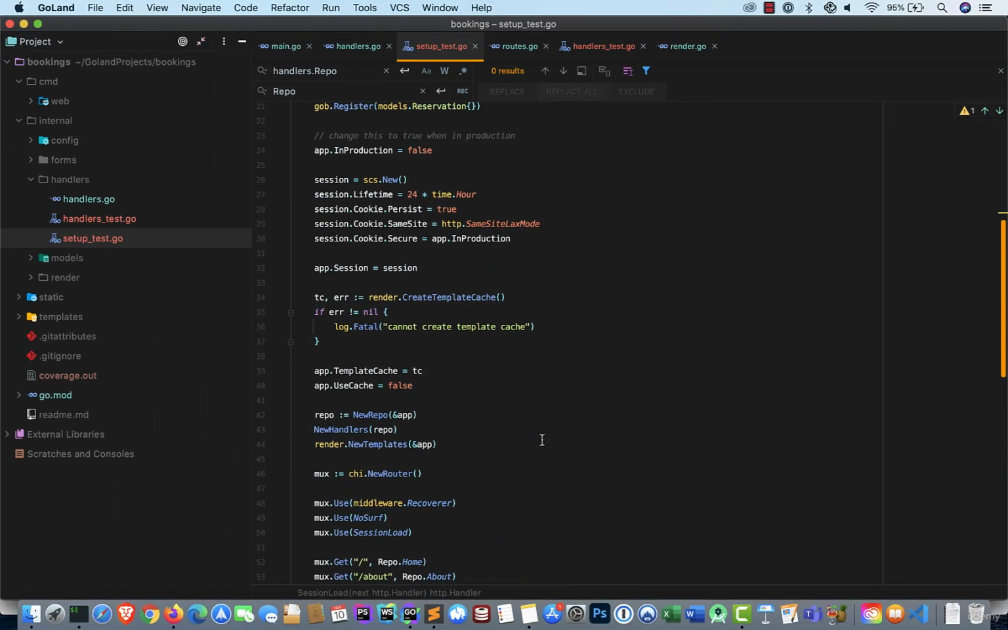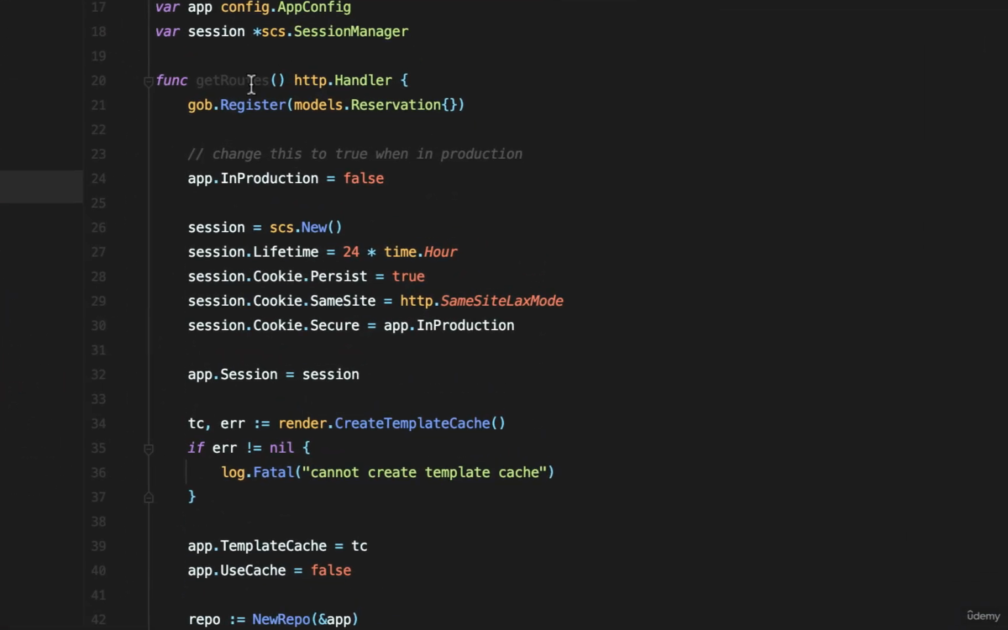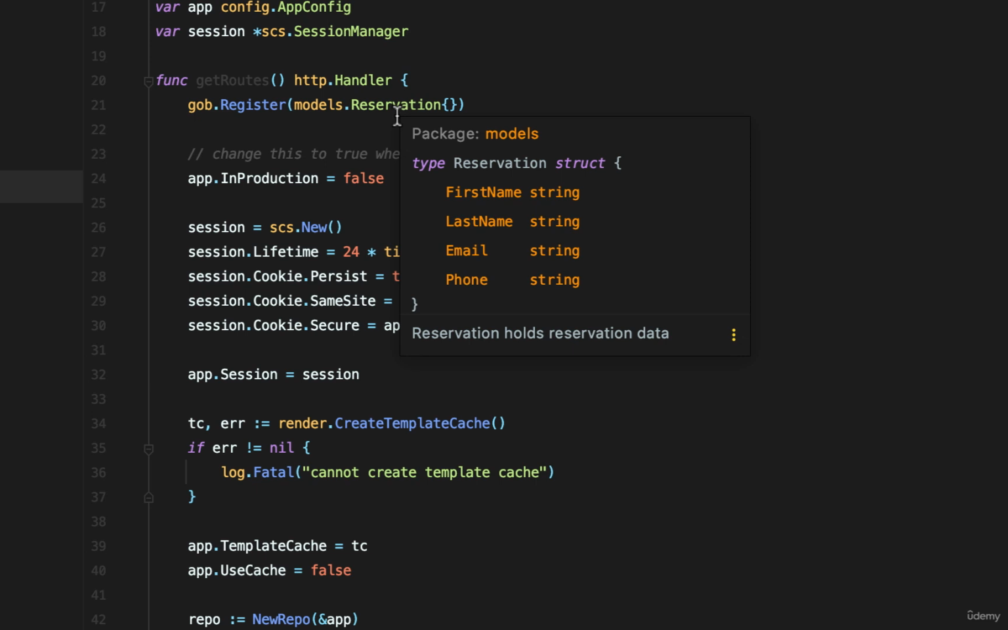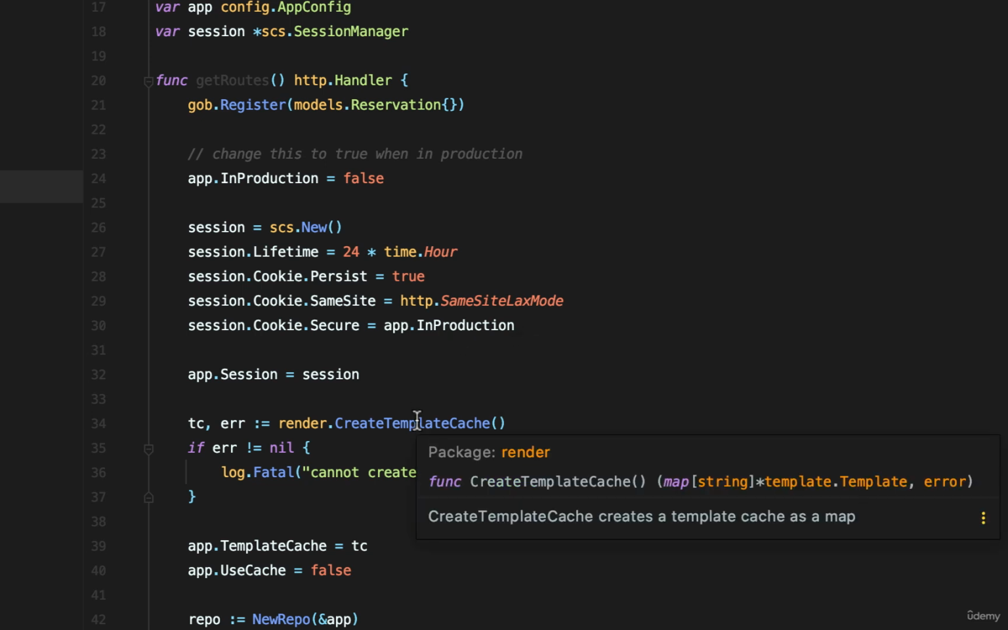Let's just check everything and make sure we've got it right. So we come in here and we say getRoutes. We register the reservation that we're going to store in the session. We have to have that because one of our handlers does precisely that. We set inProduction to false. That's fine. We set up our session exactly as we do in our main function. Then we store our session in the application. That's good. Next we have render